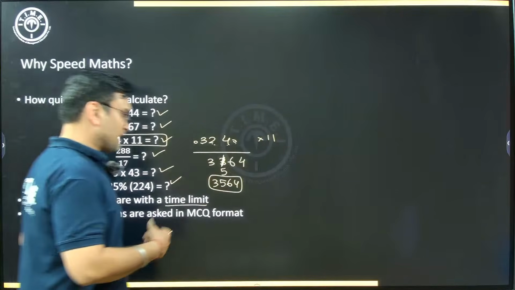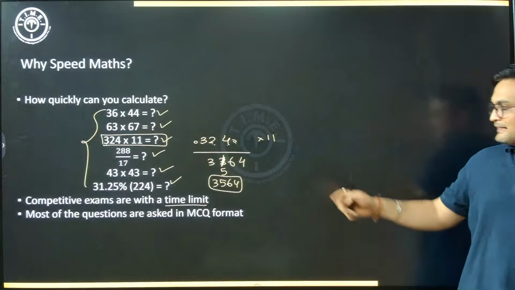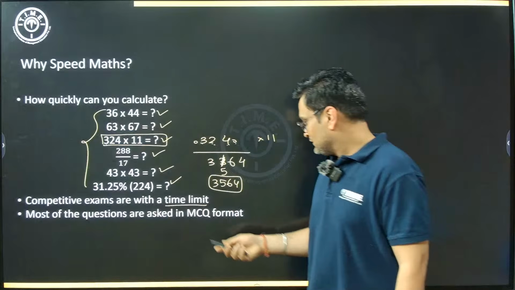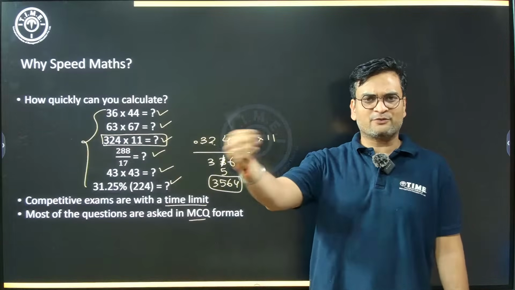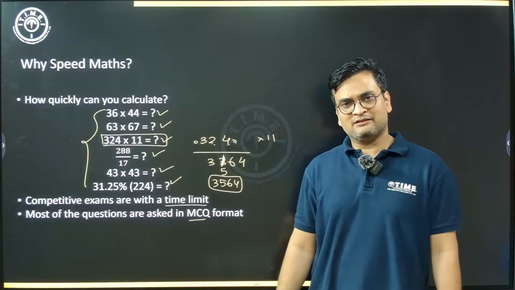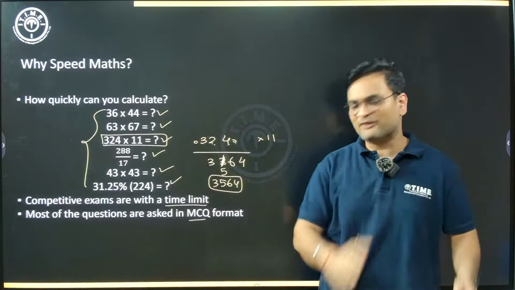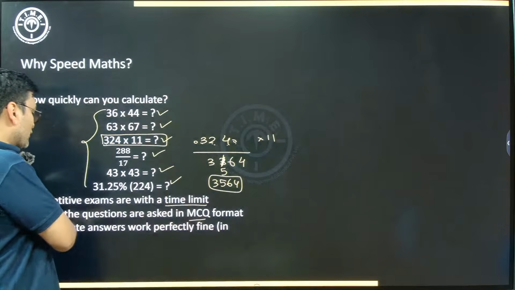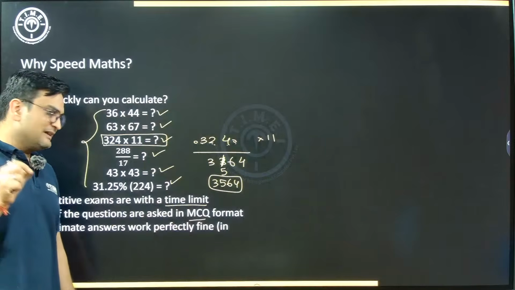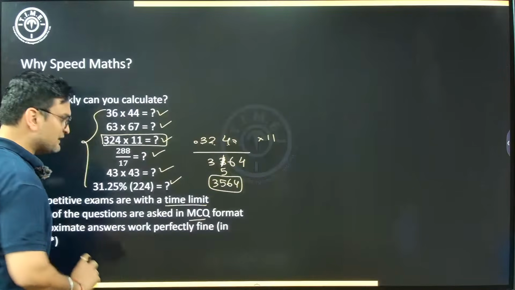Most of the questions that we have in our competitive exams, be it XAT, be it CAT, right, they are asked in MCQ format. Now, what is MCQ? MCQ is multiple choice questions, the 4-5 option choices that you get after each question. Now, how is this related to speed maths? Why are we talking about MCQ, non-MCQ? We'll get to that. The next point, approximate answers were perfectly fine in exam conditions, particularly ones where MCQs are